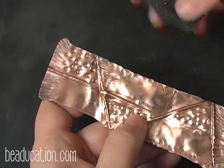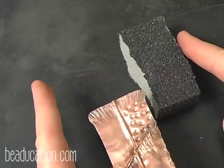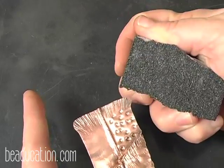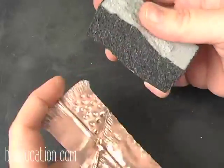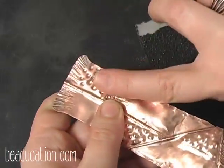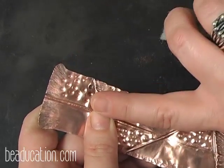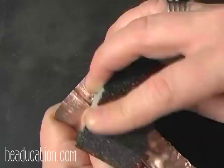So what I like to do is I take a coarse sanding sponge. Now this sanding sponge was about this long when I purchased it, and I cut it into 3 sections. That way it fits in my hand nice, and I end up using the entire sponge rather than just around the edges. And what I'm going to do is start on the side, and file down over the edge, top, over the edge, and that's going to take all these sharp edges